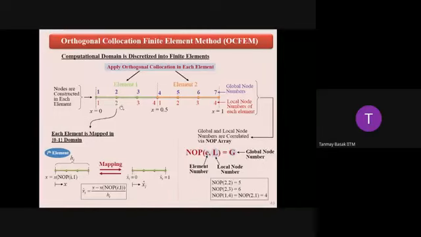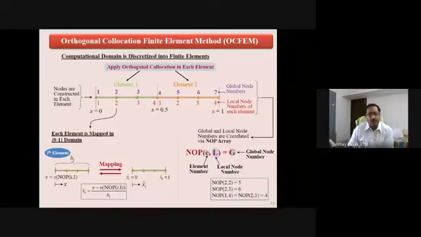You can see that this mapping is very, very important for all my finite element lectures. So now if I have the element number, say 2, the local node number is 2 and the global node number is 5. So NOP(2,2) equals 5. When you have local element number 2, local node number 3, you get 6. And for this case you have a node shared by both elements.